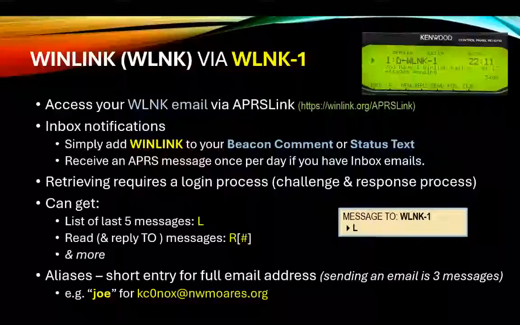Now, your beacon comment goes out every time your station beacons, which is somewhere around 30 minutes, less if you're mobile, maybe every 5 minutes. A lot of apps also have a second option called status text. The goal of status text is to transmit data less frequently. Because with all the stations, if you look at just a monitor, you'll see there's a lot of traffic passing over the APRS system. And so less critical data, such as WINLINK, because you only get an email and message once per day, you could set your status text to go